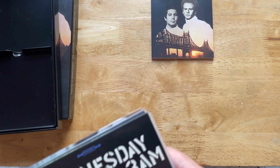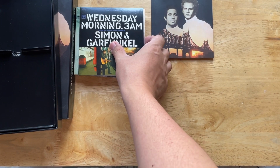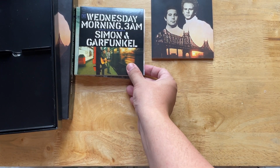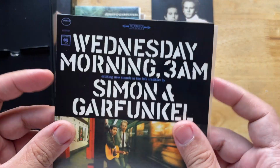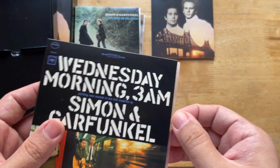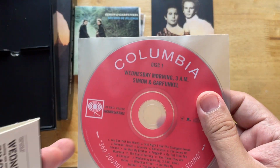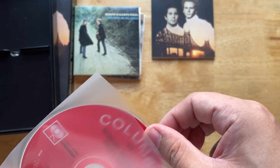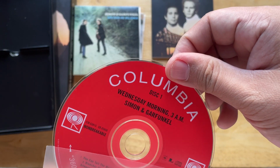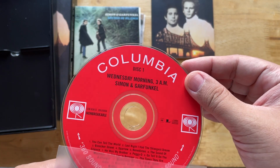So if it is, please do check it out. You'll see what I mean with the thin cardstock that was used in the inner sleeves. Anyway, this is the first one, the first album, and I've enclosed the disc in sleeves. It doesn't come with sleeves. I provided this myself, and as you can see, the disc doesn't replicate, but kind of approximates the